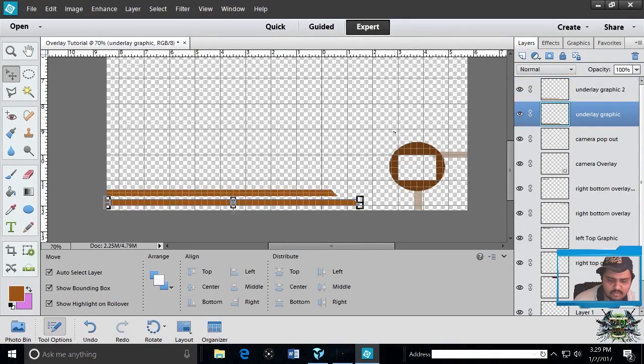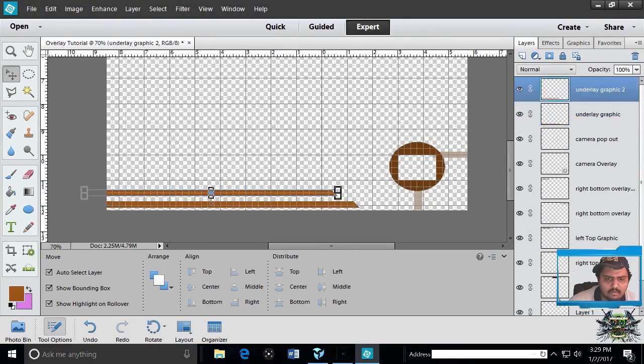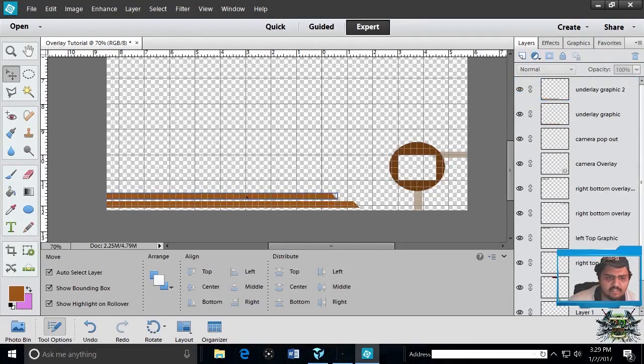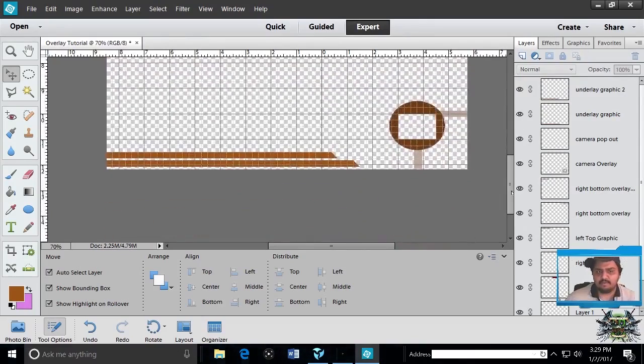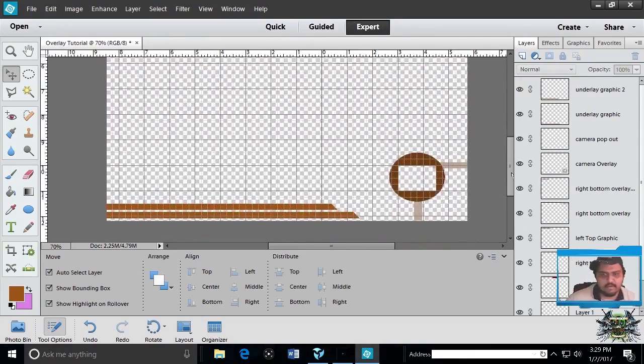I'll move this one down a little bit. And this one a little bit down. You could also move these layers, these graphics, by clicking on it and going up and down on your keyboard, or you could do the same with the mouse as well. Okay, so after you get your top, your camera, and then the bottom layer. Alright,